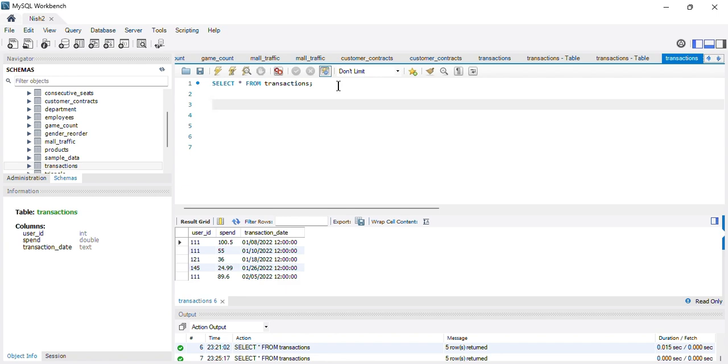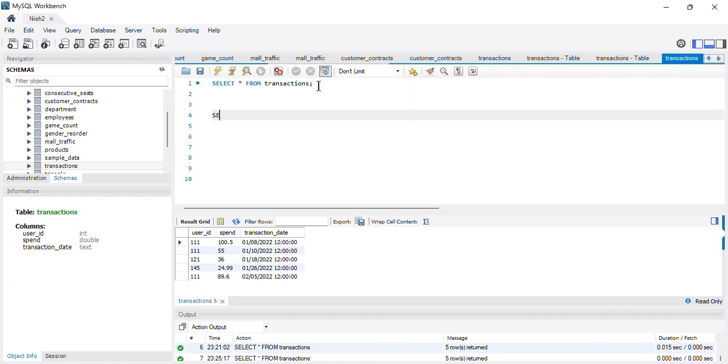So we will do the partition by clause on the user ID, and using the row number function, we will be able to assign the number of transactions made by each user. So first let's write that. In this case I just want to retrieve all my columns along with my new column, which will indicate the transaction number for each user.